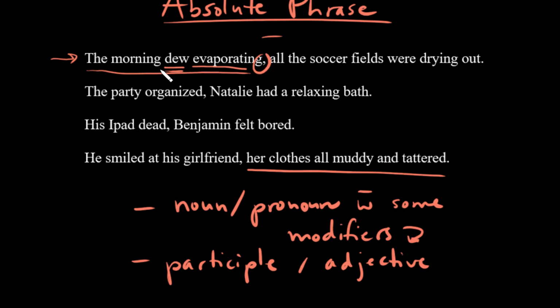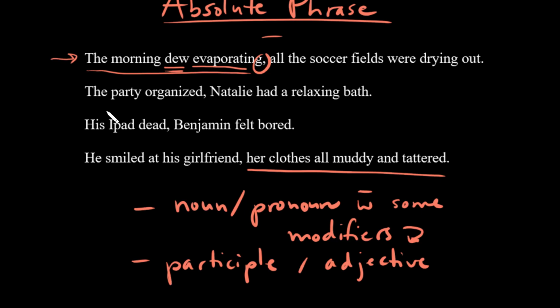You can see now that we have all the prerequisites for an absolute phrase, and you can also tell that it's not really being attached to the sentence with, let's say, a preposition. It's not included neatly in the sentence itself. It's just sort of by itself, and yet it kind of works at the same time.